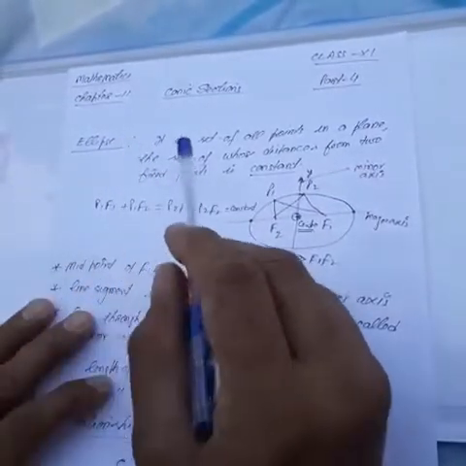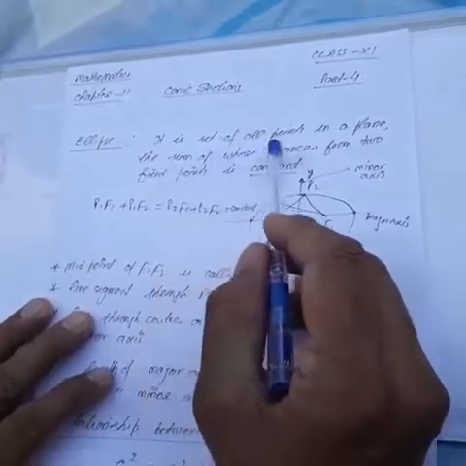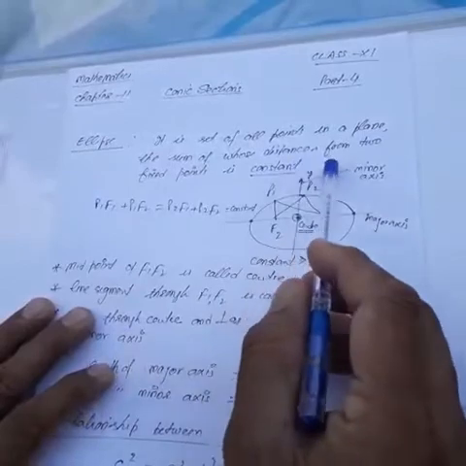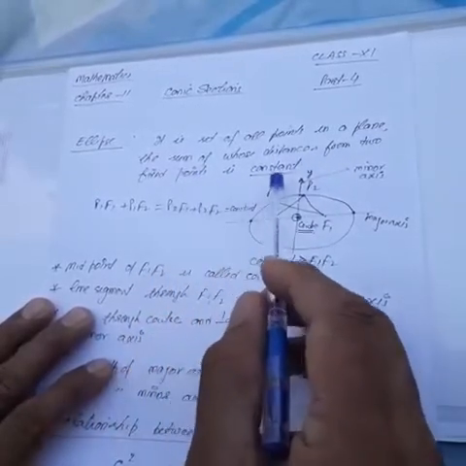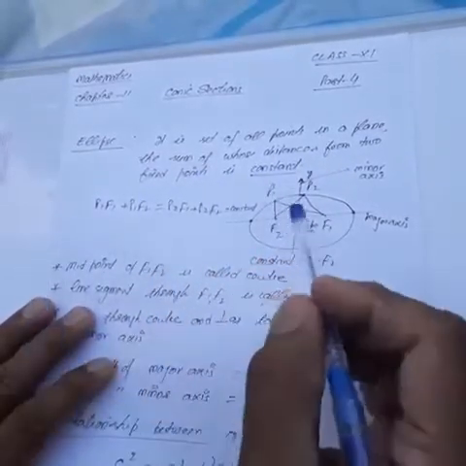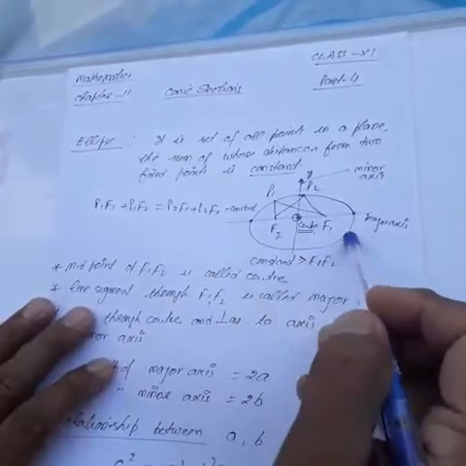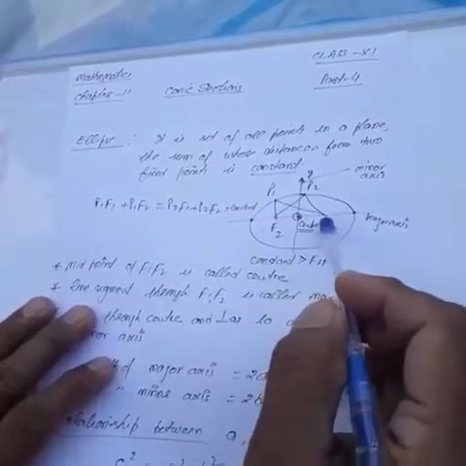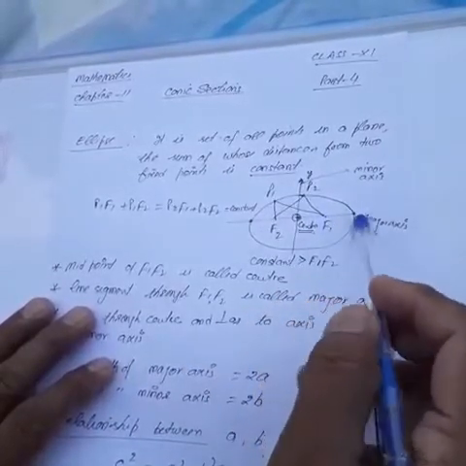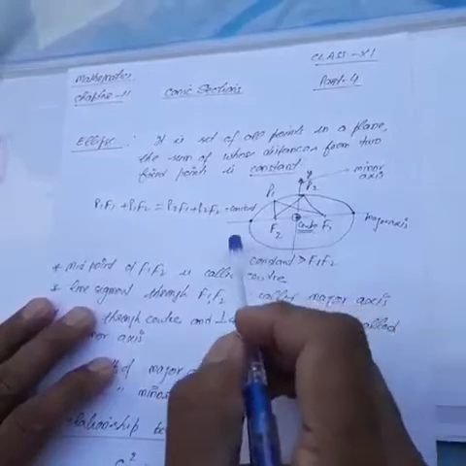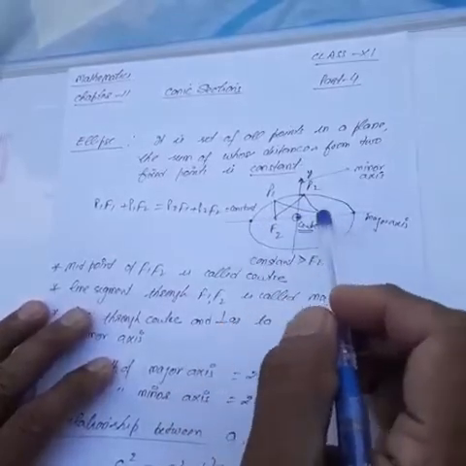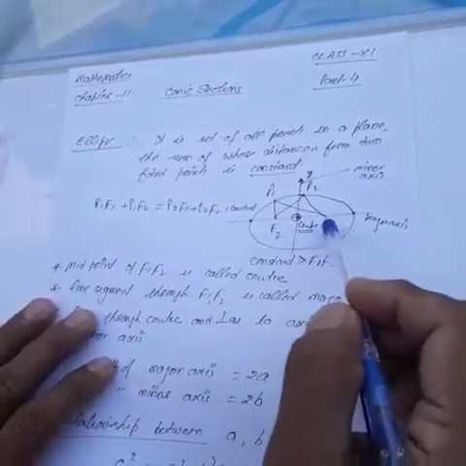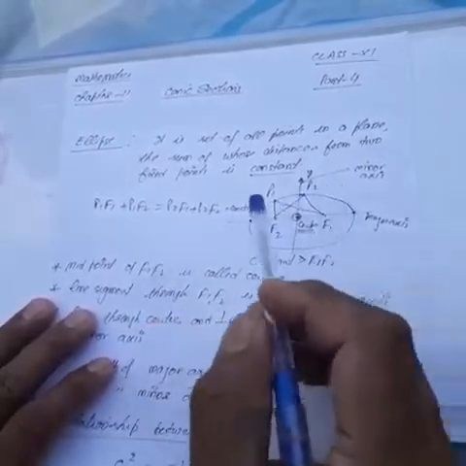Now what is an ellipse? It is a set of all points in a plane, the sum of whose distances from two fixed points is constant. So this is the shape of an ellipse. These are two fixed points. Corresponding to every fixed point, there will be a fixed line which is the directrix. So it means there will be two directrices, and two foci, that is F1 and F2.